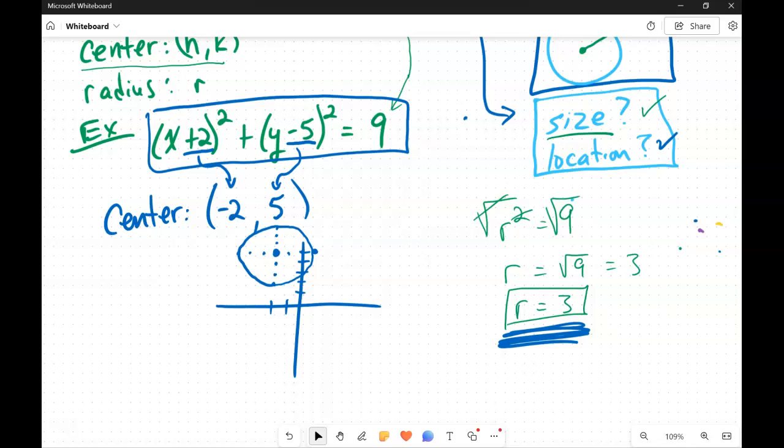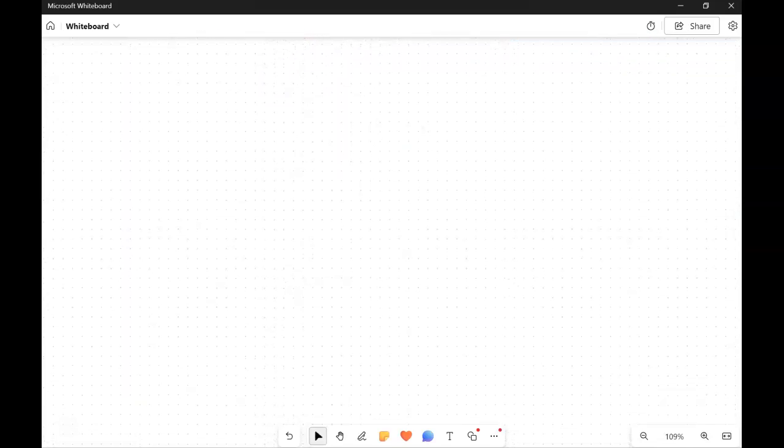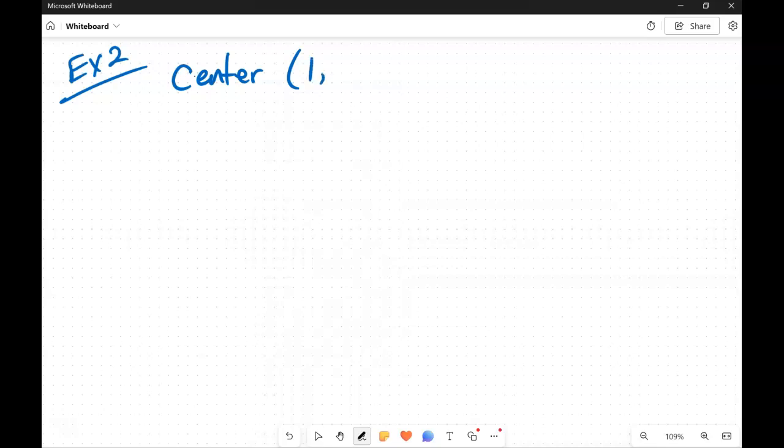So using that equation, we can figure out what the properties of a circle are and then be able to graph that circle. Now we could kind of flip that on its head a little bit, and instead of having the equation and then figuring out what the circle would look like, we could take information and then write an equation. So for example, suppose that I wanted to have a circle where I know that its center is located at +1, -4. And suppose this time I know that I want my circle to have a diameter